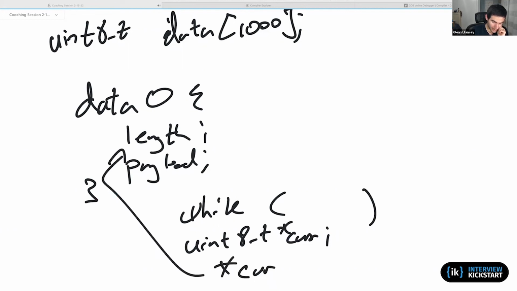And then in order to get to the next message, I would say current plus equals, I would increment current by that length. I feel like I'm saying that in a somewhat unclear fashion. Let me try saying that again.